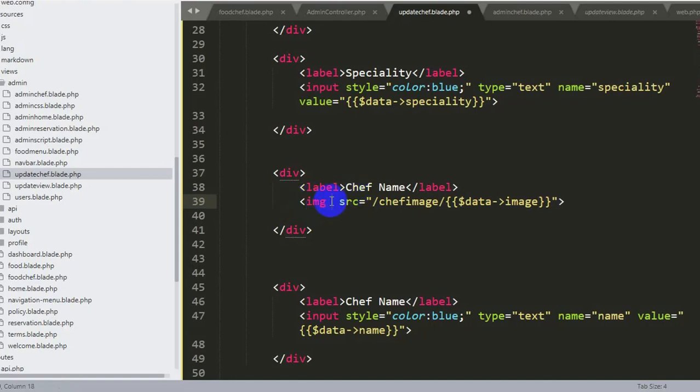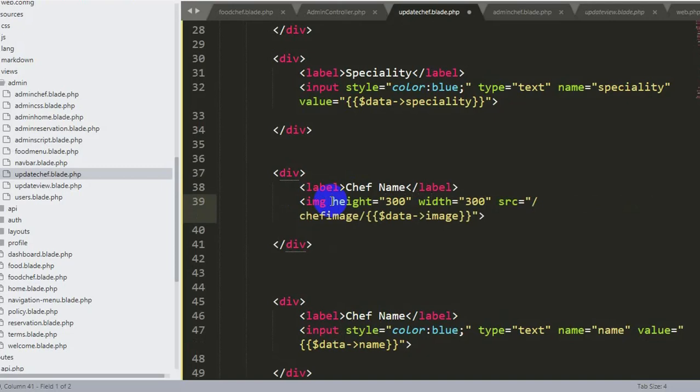Let's also mention the height, and the height will be, let's say, 300, and the width will be 300. Okay, so this one will be the old image, and we'll have another image option and we'll call it new image.